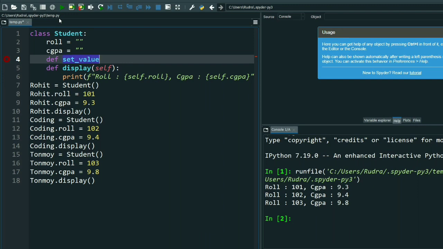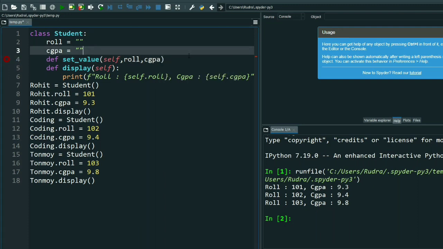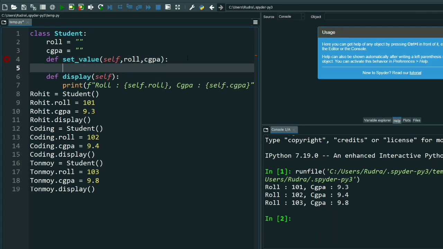Now you just write here self comma roll comma CGPA. That's it. And here you have to write self dot roll equals to roll.